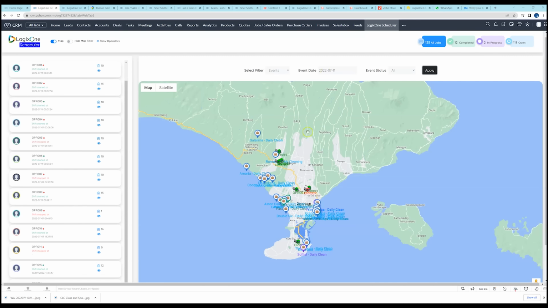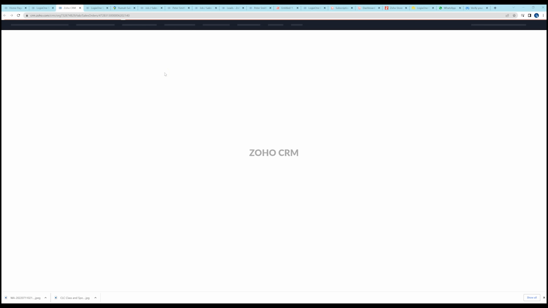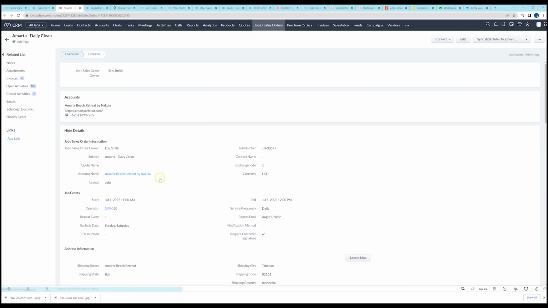If I click on any of these, you'll see here's the name of the job, here's the time that's to start, here's the operator that's been assigned to it, its status, and then we can also link to the actual underlying CRM job. So if I click that, that will open up the corresponding CRM job that's here. Okay, so if I go back to the map,